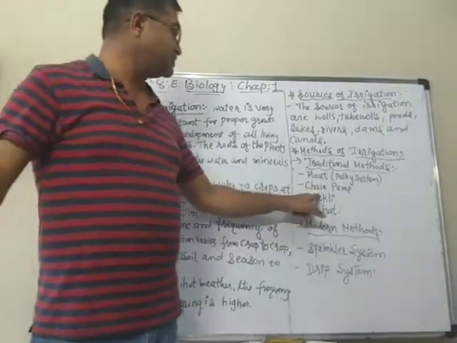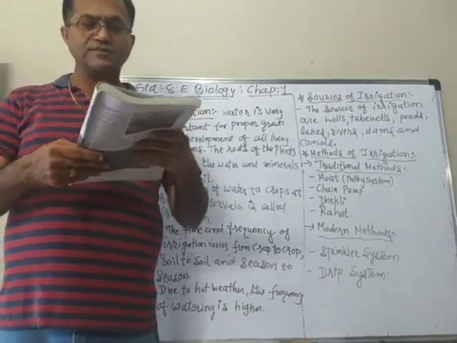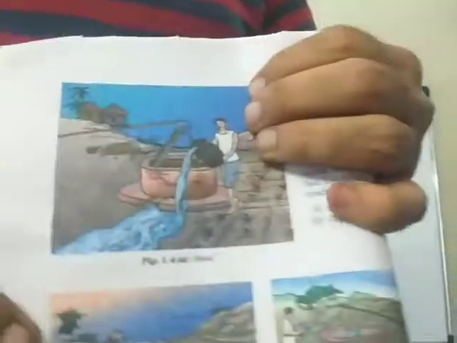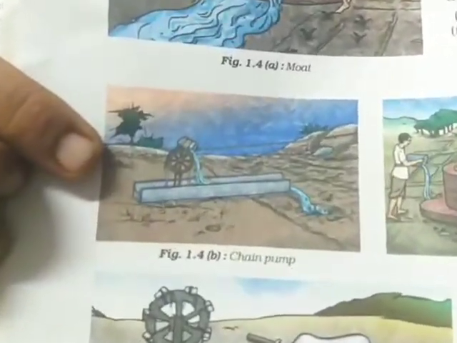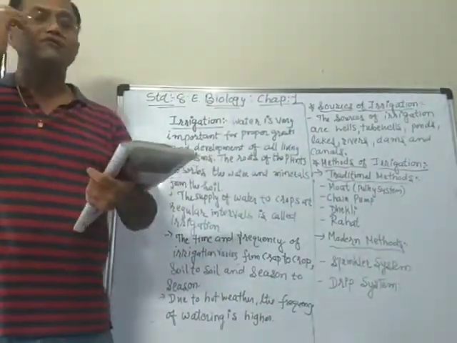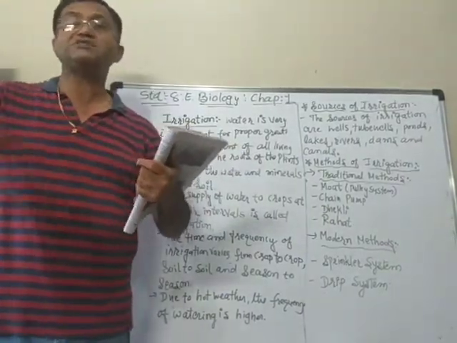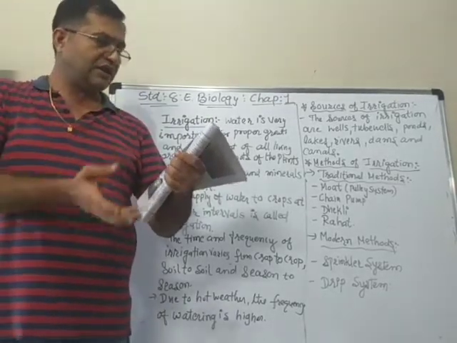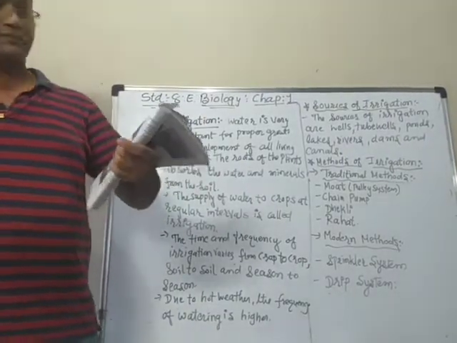Second system is the chain pump. Chain pump is also here, you can see this one, the second one, that is the chain pump, in which there is a chain which is connected to the pump. When the pump is on, the chain is moving itself in the place of the pulley. The chain will move, and then the water is thrown, and then water can go through the farm.